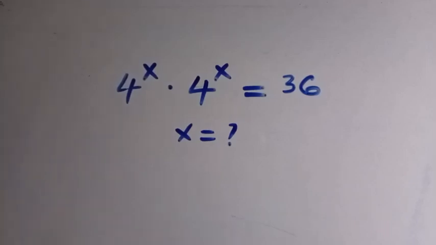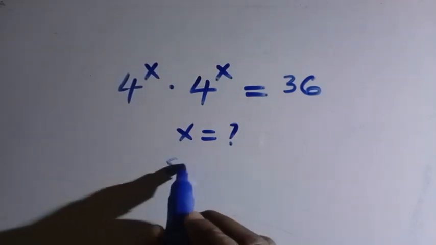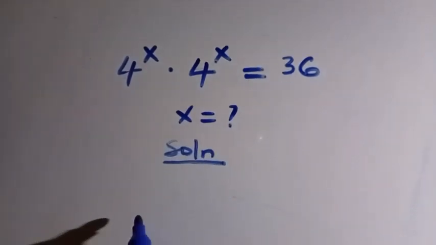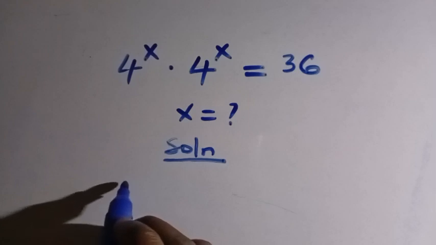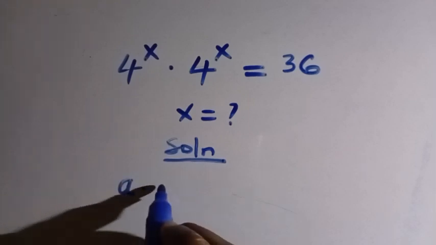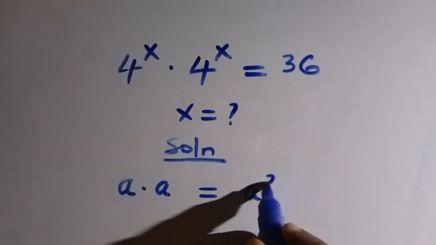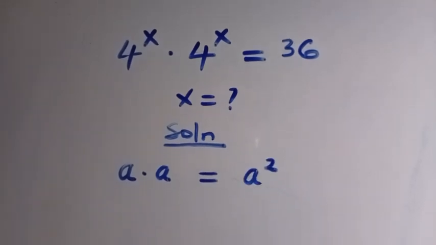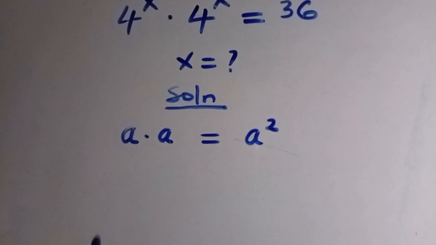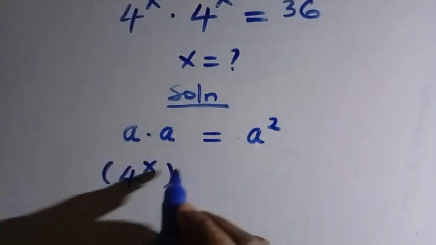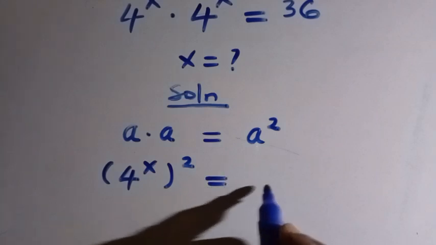How to solve this nice exponential equation: 4 power x multiplied by 4 power x equals 36. To solve this, we consider the solution from here. This is in the form of a multiplied by a, which equals a raised to power 2. So by taking 4 power x, we have 4 power x all raised to power 2 equals